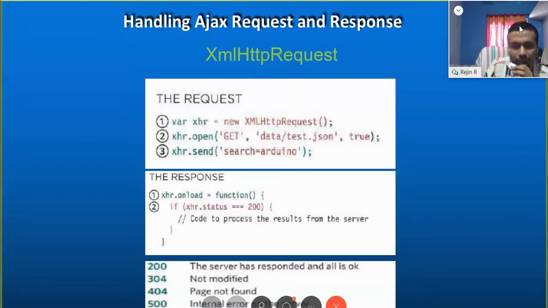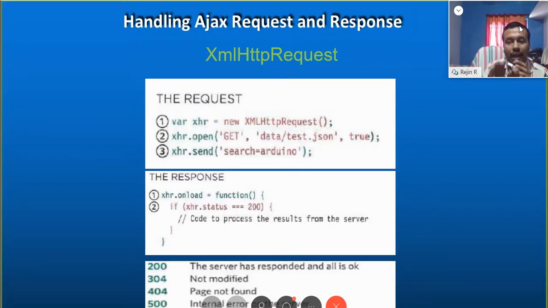You have seen this, page not found, 404. You have seen it most commonly. That is also an error message sent back by the server. If the status code is 404, that stands for an error. If the status code is 200, that stands for OK status.